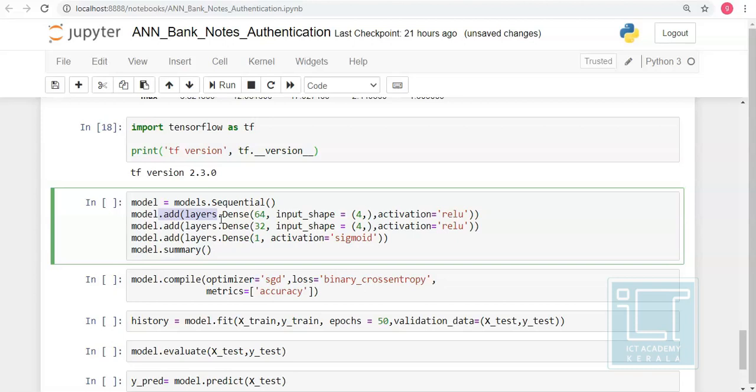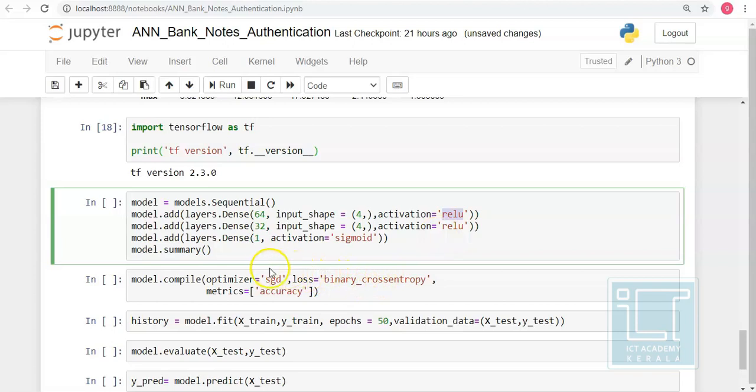In Keras we have many layers; the fully connected layers are represented by Dense. So I am adding 64 nodes in my first hidden layer, and the input shape is a one-dimensional vector or tensor with 4 nodes, as we have 4 attributes or 4 independent variables in our data set, and then giving the activation function as the ReLU activation function, that is the rectified linear unit.